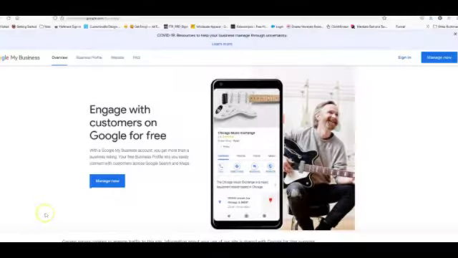Hi there, this is Holly with Westbrook Marketing, and here is a quick tutorial on adding some new features to your Google business listing. First of all, if you are wondering where to go to get in, you can just simply go to